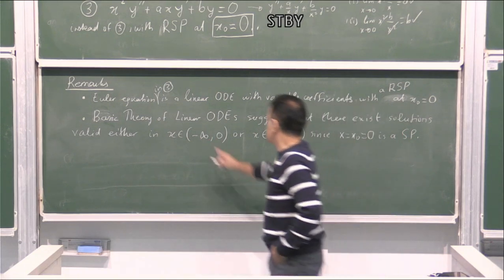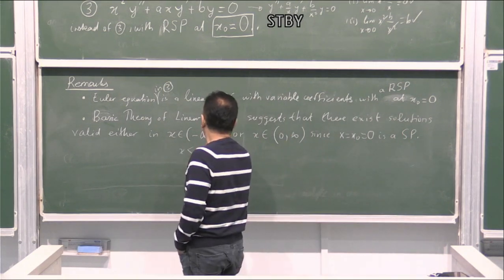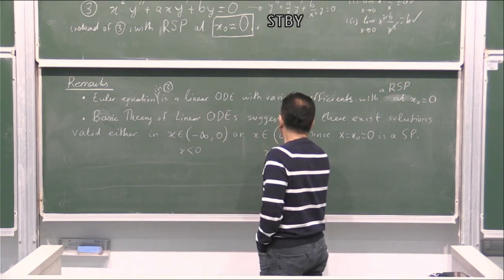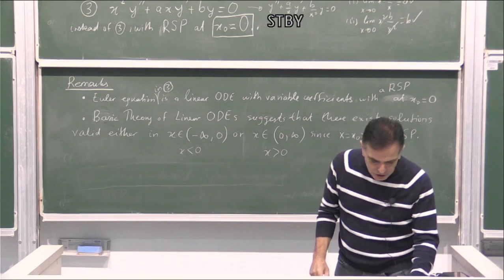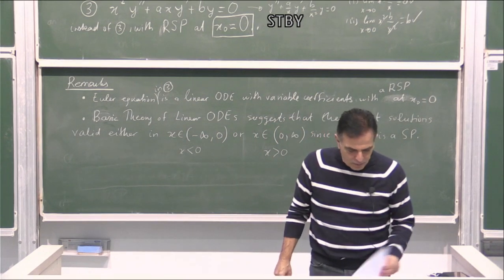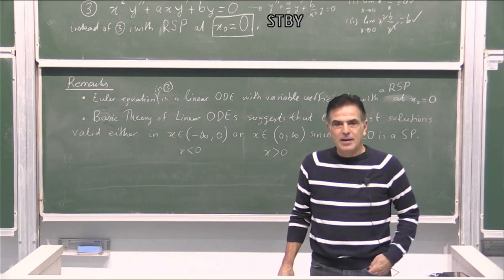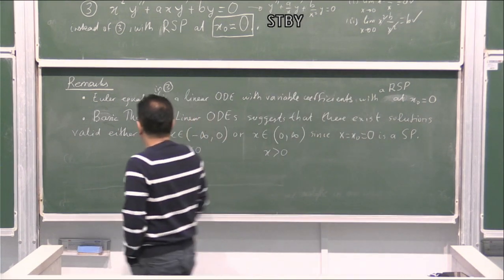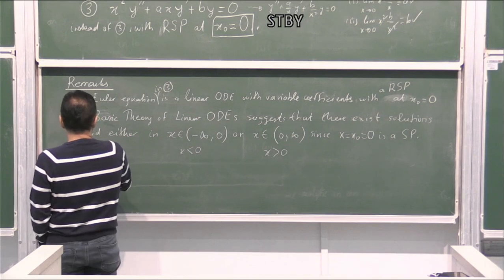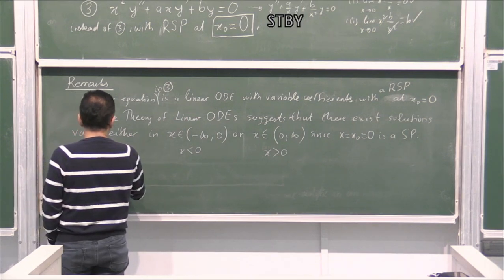Okay, this is the case where x is negative. This is the case where x is positive. Okay, so the point at the origin being a singular point, but particularly a regular singular point. Okay, so now to solve the Euler equation,